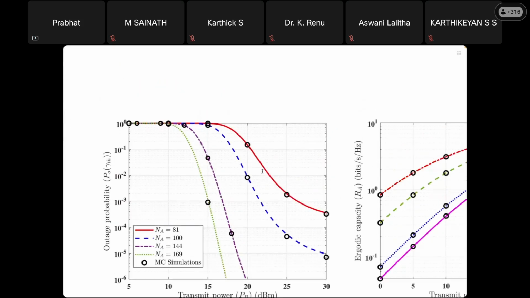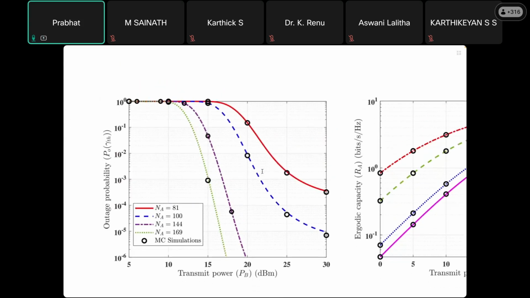So we have plotted the outage probability versus the transmit power by the user B. So outage probability we are finding out at user A. Outage probability is the probability of received SNR going below a certain threshold, right? So this is a function of threshold. We have plotted this for different number of elements in RIS-A, which is assisting the transmission of B to A,